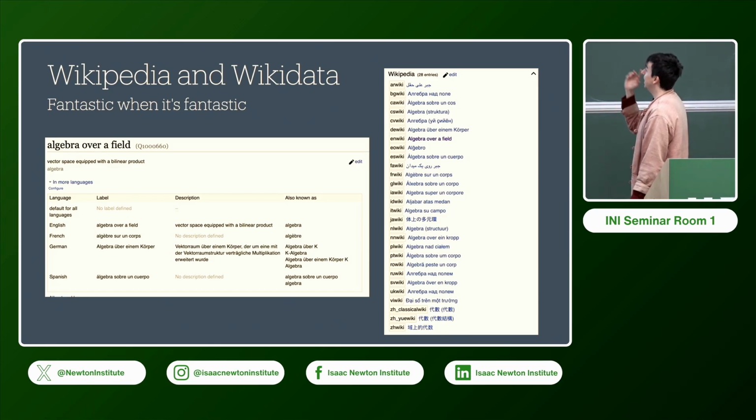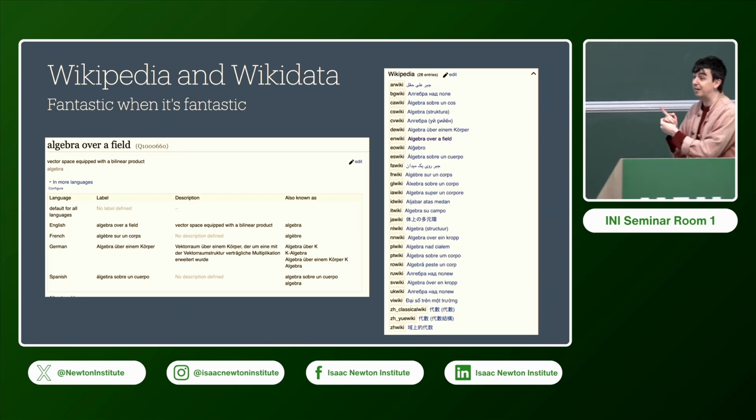And then when you move to other alphabets, for example, with Farsi, I might have absolutely no idea whether that says, I mean, I guess it says something like algebra over a field because it's pretty long. But I don't know, maybe in Farsi the word for algebra is just quite long. There is absolutely no way for me as a non-language speaker to know this. So it's a great tool, but it's not something that is perfectly formatted for immediate use. It needs human thought still put into it. But it is a very, very good tool.